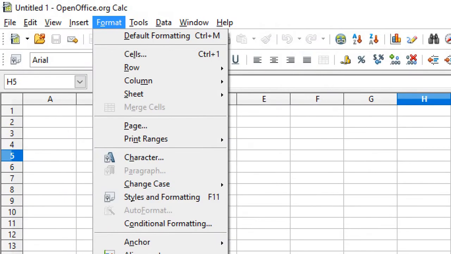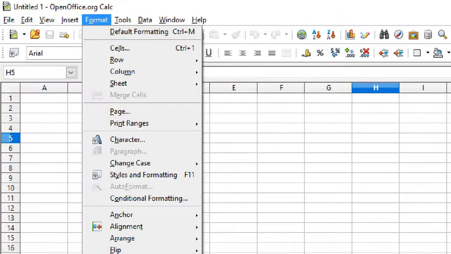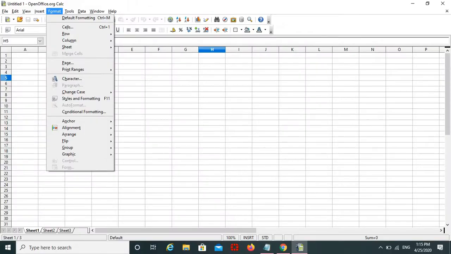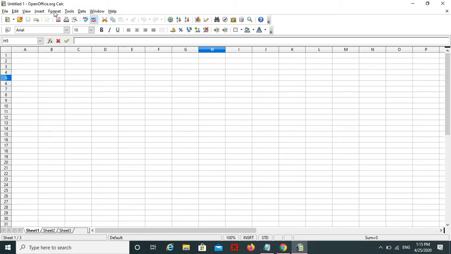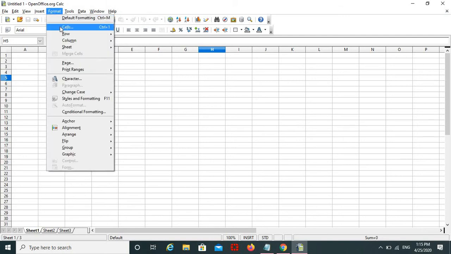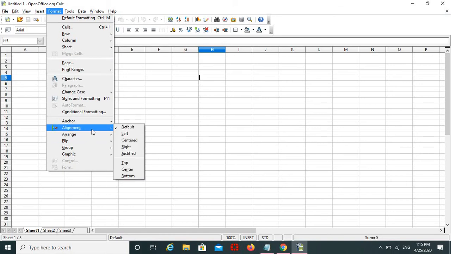Then format. These are the options present inside format. By using this, you can format the cell, row, column, sheet. And this one is alignment. By using this, you can select left alignment, right, center, justify, top, down, bottom alignment. These are the options present inside format.